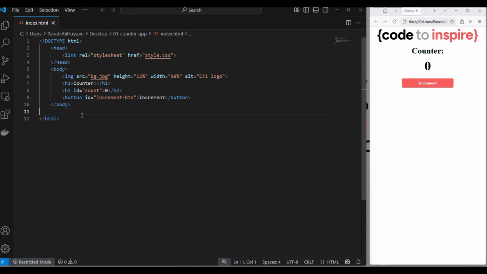So any other files like a style or our JavaScript file also need to be loaded and linked here. As you can see, we already linked our CSS file here, and yes, we have the style already, but there is no functionality available